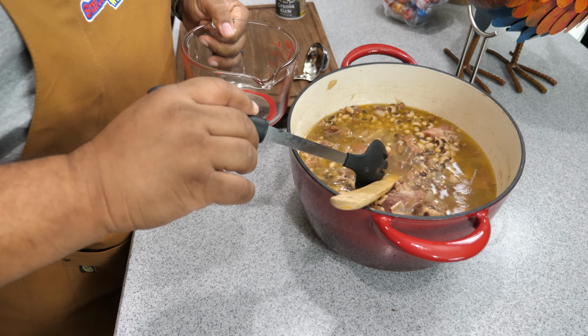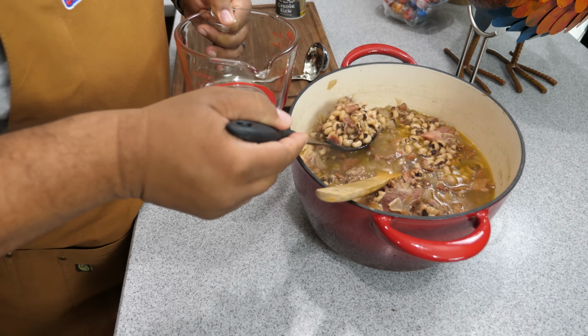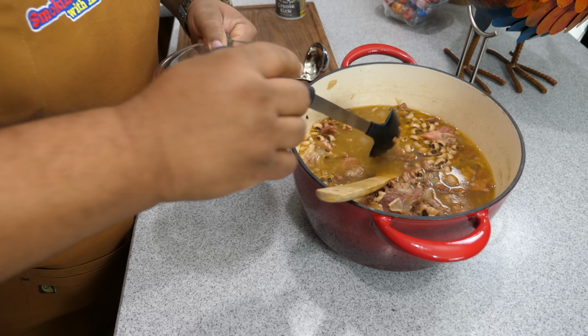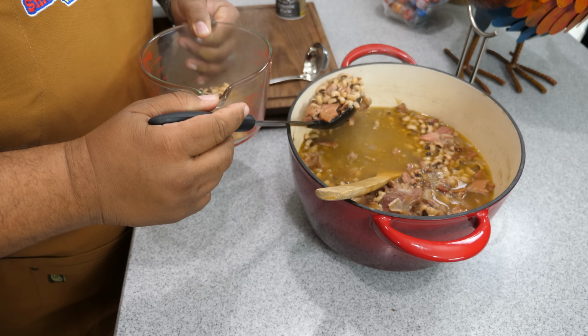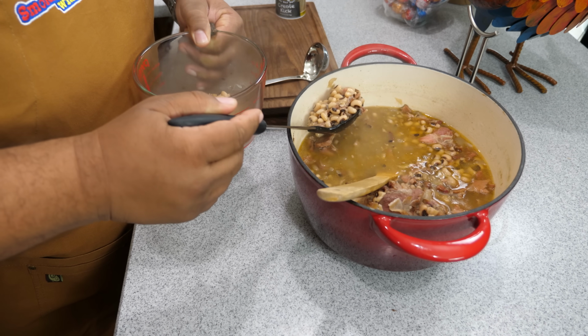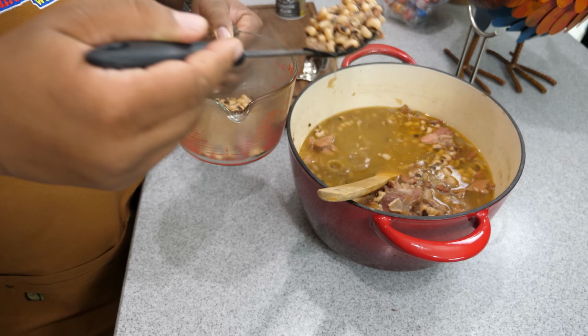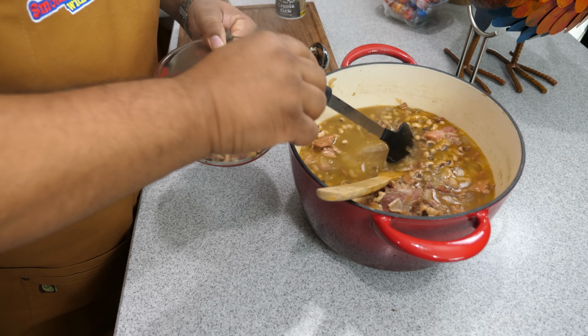What we're gonna do is we're gonna go ahead and scoop some of these beans out. You wanna leave the juice inside. And then listen, you're gonna have some of your ham. If you can keep it inside of your pot, that's fine too. I'm gonna go ahead and just get myself,